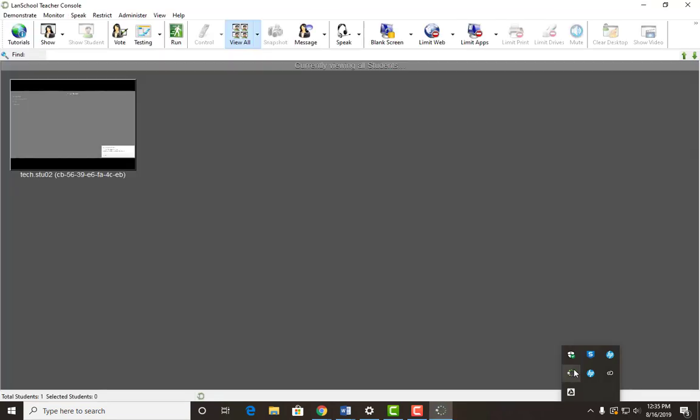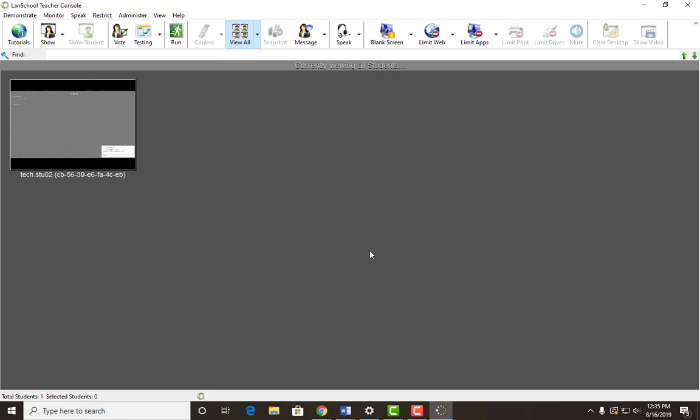If for any reason this icon does not show, you can click in the search bar and key in LAN School to find that. Now when you first launch LAN School, it is going to pull up every Chromebook that is signed in the school. And right now I just have a sample Chromebook signed in, so we just see one screen, but usually you will see hundreds in here, and this is the reason that we need to filter it down just to your